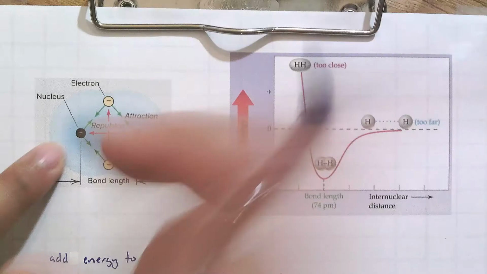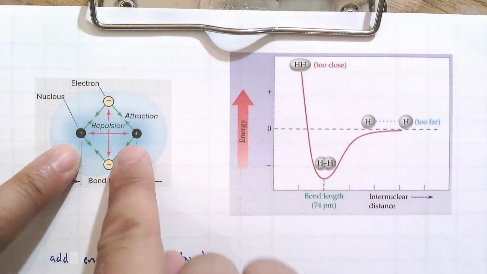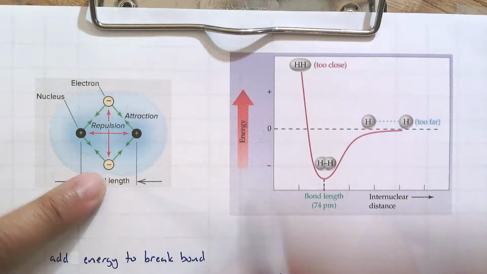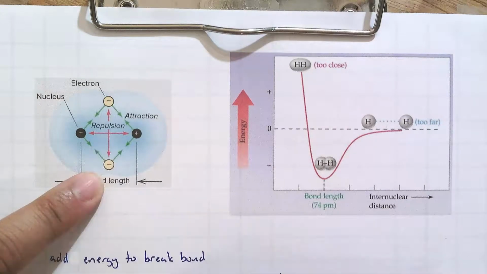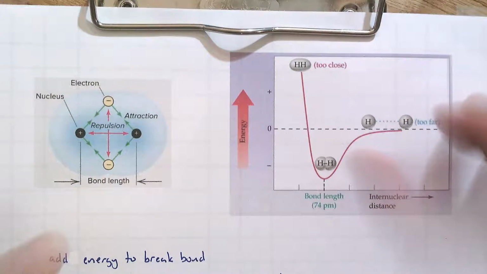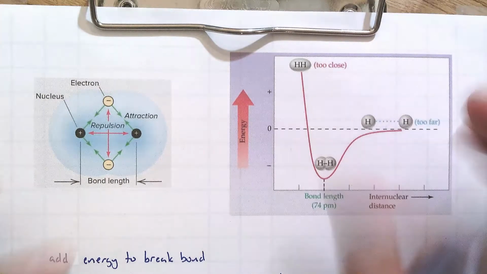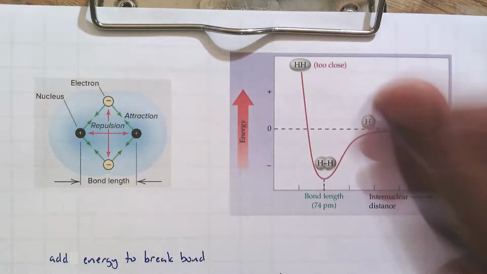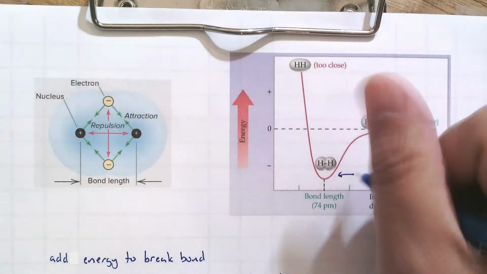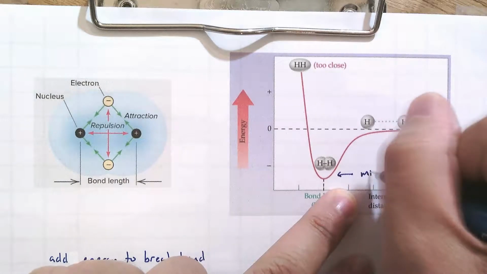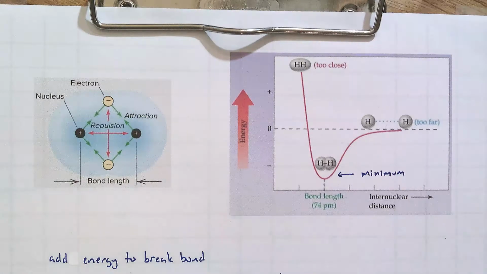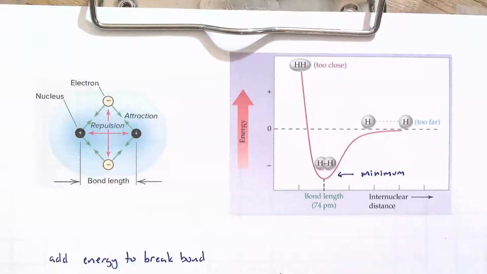That's because you have a balancing force, which is like charges repel. We see repulsion right here. Even the electrons repulse each other. So there's a balance between attraction and repulsion between the electrons and the nuclei. And so there's a minimum in terms of energy. And you want to find the minimum of the energy, because that represents the most stable